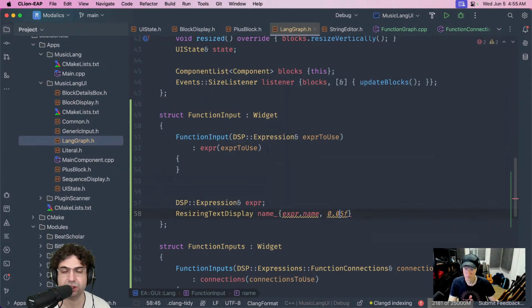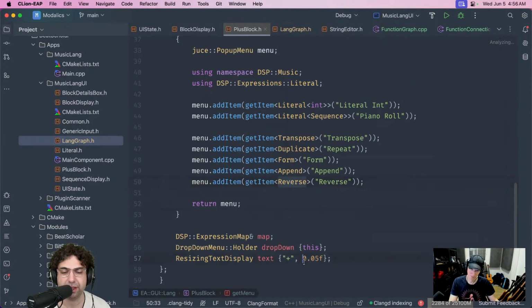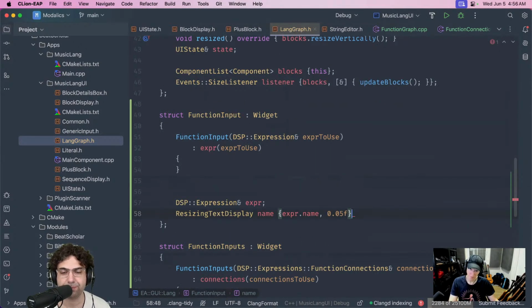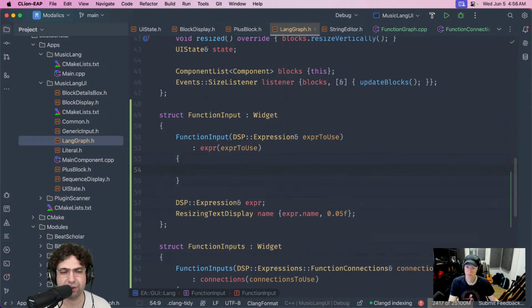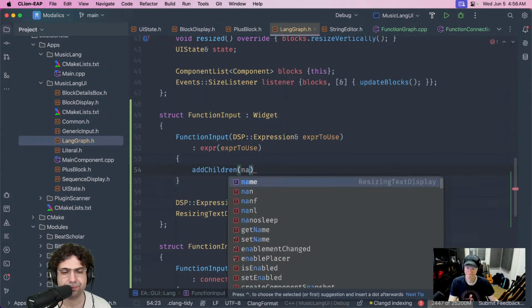It's a percentage, so 5% might be really big. Which number did I use elsewhere? Yeah, 5%. Okay, that makes sense. If I'm not mistaken, it's 5% of the main UI, not 5% of this, but I need to look deeper into this. So I think this is kind of what it does. Let's start by displaying the name. I think it will look good if I display that. Then I'm going to add this.